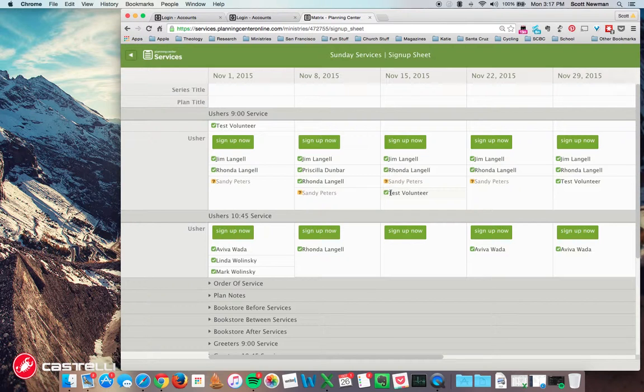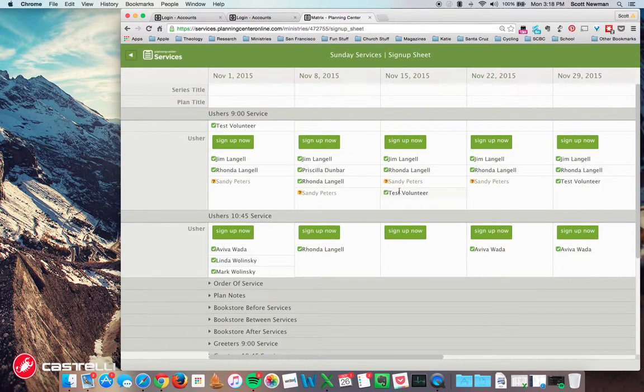And once your schedule is confirmed in the system, what's great about Planning Center is it will send you a reminder the day before you're scheduled to serve. Since we all serve on Sundays, you'll get a reminder on Saturday, either by email and, if you set up your preferences, by text message as well, so that you remember, oh yeah, I'm scheduled to serve. I've got to be there on time for the next morning.